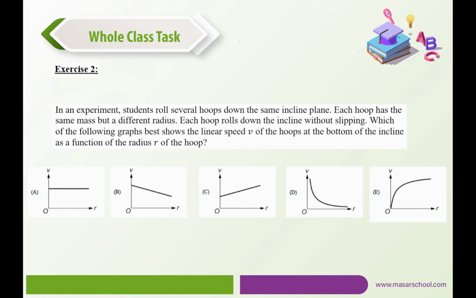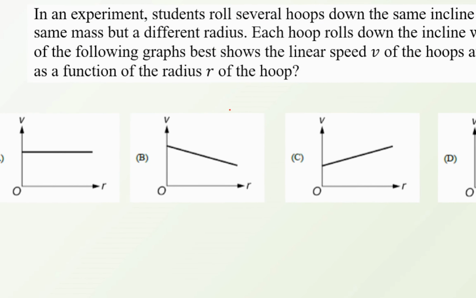Now we know that the moment of inertia of a hoop is given by I equals mr squared. So if you're interested in calculating it, it's given by mr squared, and we know that the speed at the bottom of the